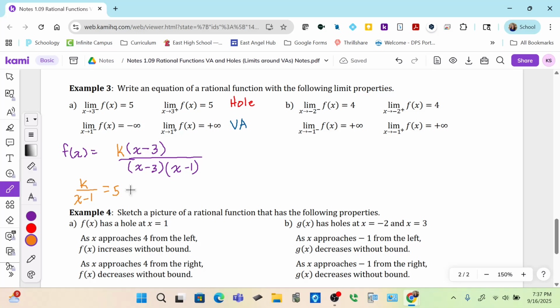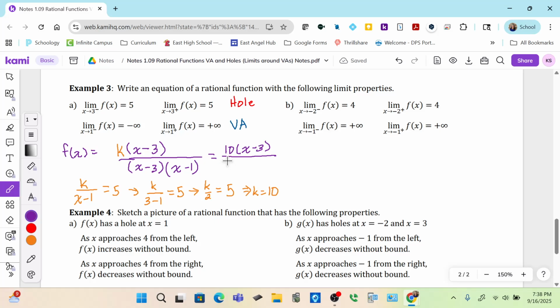So we know that we want k over 3, because that's the value of my hole, minus 1 to equal 5. That's going to be k over 2 equals 5. Multiply both sides by 2, and we end up with k equals 10. So I'm going to write this function fully now as 10 times x minus 3